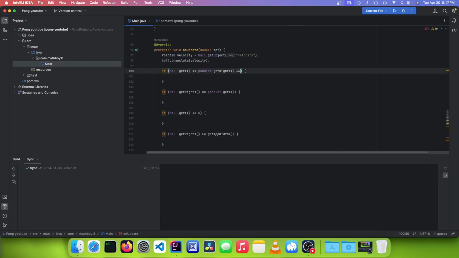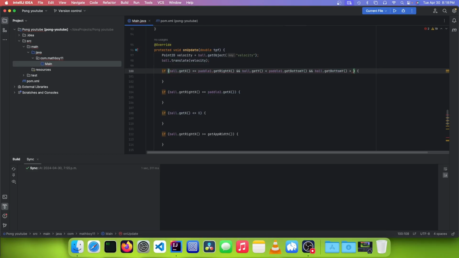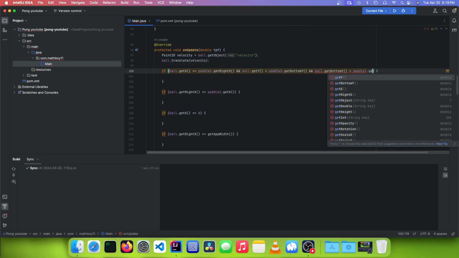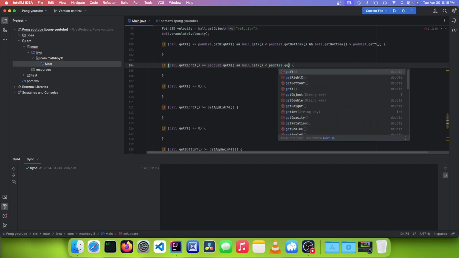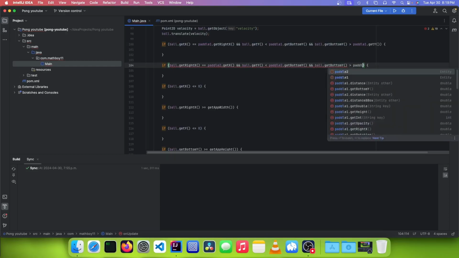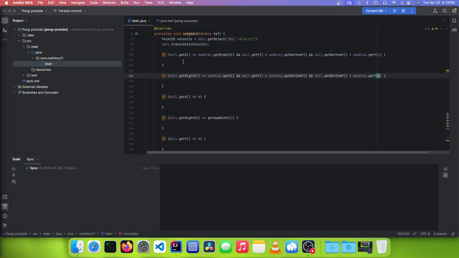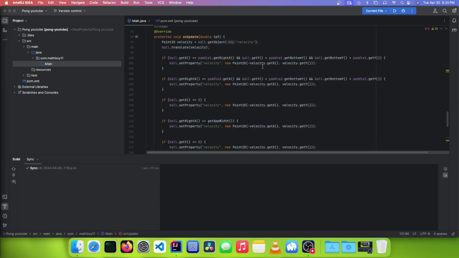And we're also going to check for ball.getY is less than paddle1.getBottomY. We're also going to check for ball.getBottomY is more than paddle1.getY. And for the second one, we're going to check ball.getY is less than paddle2.getBottomY. Ball.getBottomY is more than paddle2.getY. And inside of all these conditions, we're going to set the property to a new point of negative velocity.getX